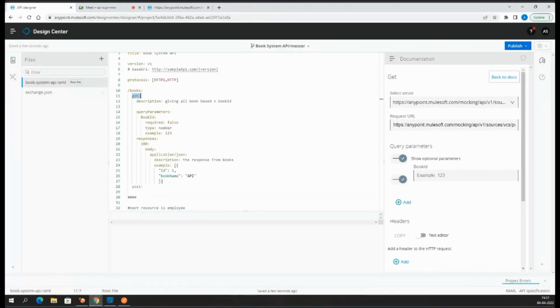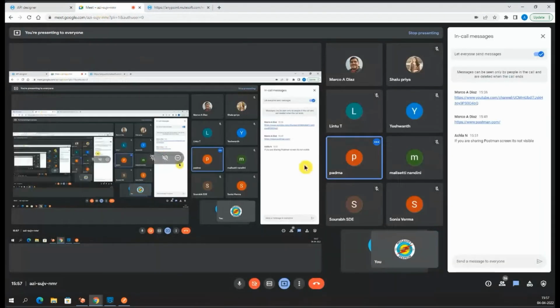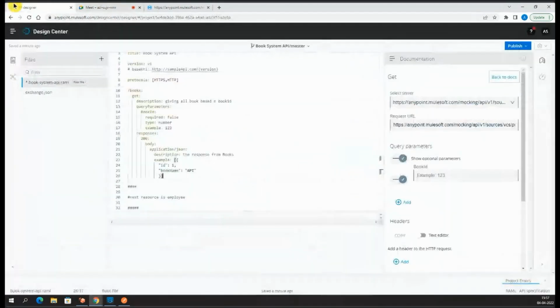In the last class I created this simple RAML where I defined query parameters. Sorry, Anurag, I have one doubt. In the RAML part, you are describing the book ID details only in the request, but